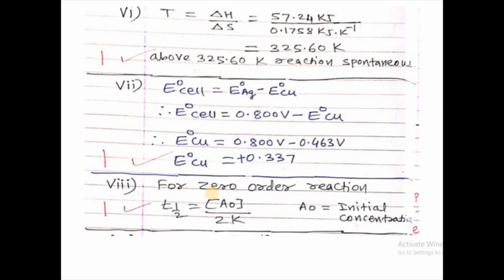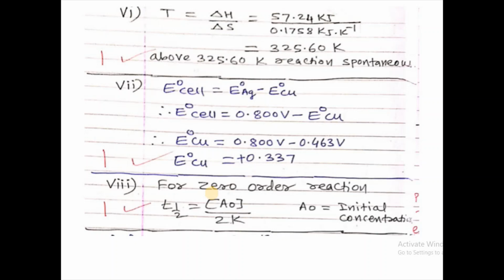Then the sixth question is, for the reaction N2O4 that gives 2NO2 gas, delta H0 is 57.24 kilojoule, delta S0 is 175.8 joules per Kelvin. At what temperature the reaction will be spontaneous? I have written the formula. T is equal to delta H divided by delta S. The value of delta H is given, the value of delta S is given. You have to divide this only, and you will get the answer